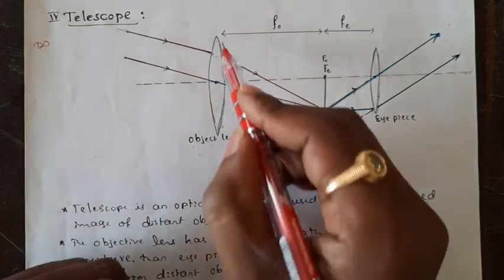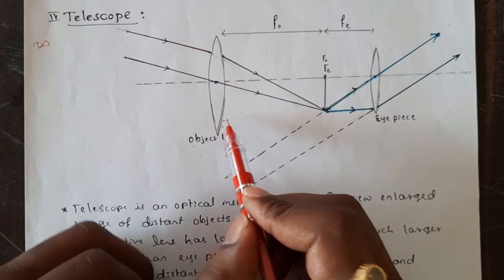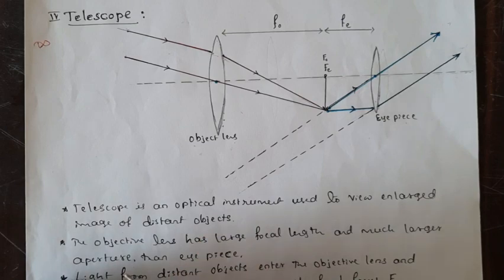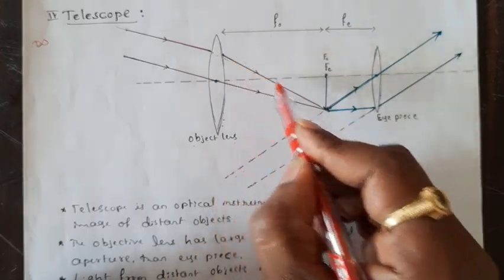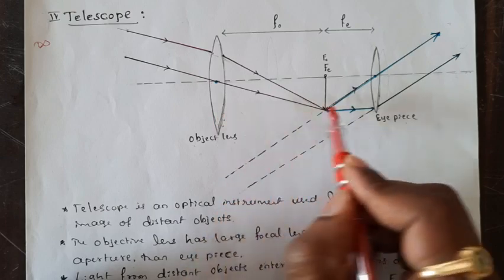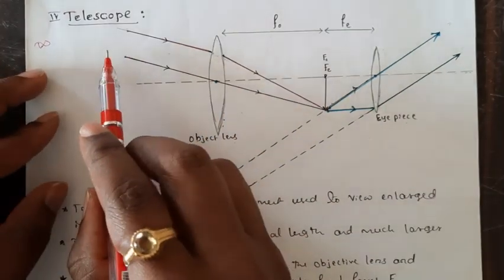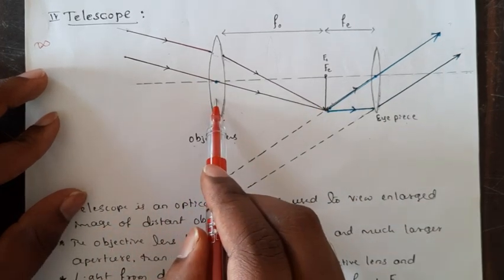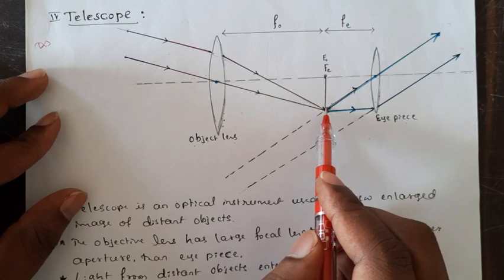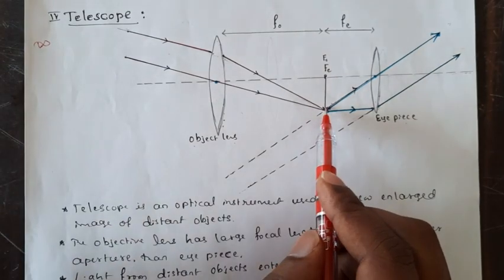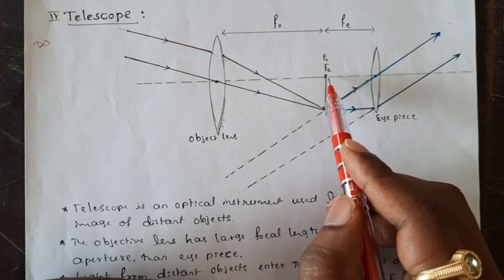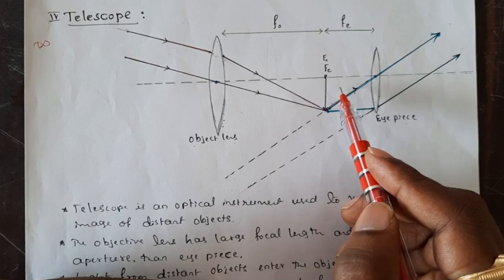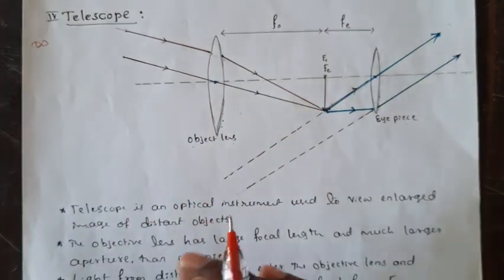Because if the aperture is larger, then the number of rays incident on the aperture will be more. If the number of rays incident is more, obviously the intensity will be more, and the image forms at the principal focus. Whenever the rays come from infinite distance, they meet at f. If a large number of rays are incident and all meet at the same point, the intensity will be more, and we can get a sharp and brighter image. For that we are taking the larger aperture.